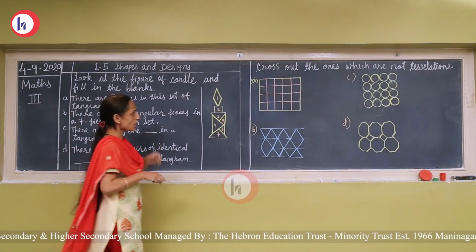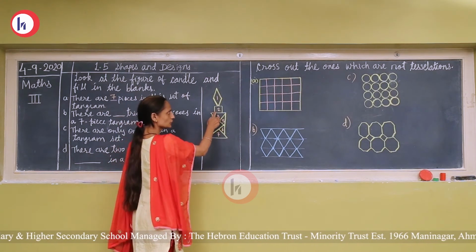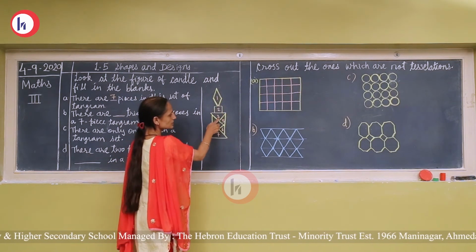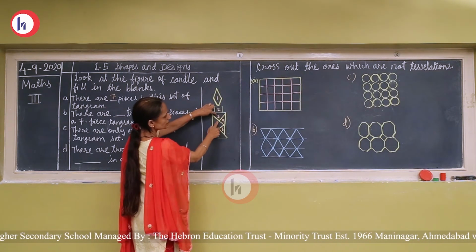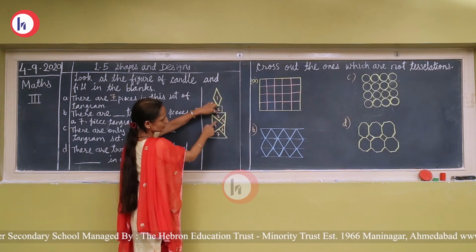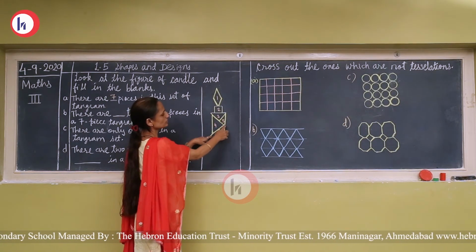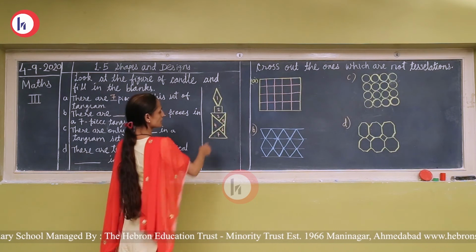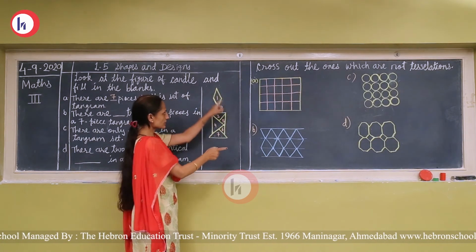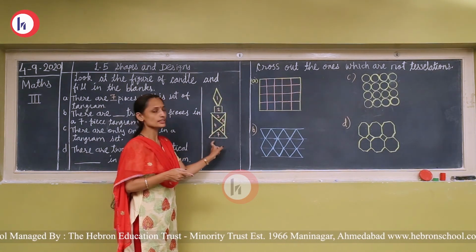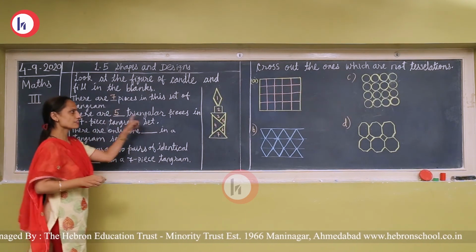Next, there are dash triangular pieces in a 7 pieces 10 gram set. Triangular means triangle. How many triangles are used? See, here different shapes are used. This is a triangle. No, this is a triangle. No. This is a triangle? Yes. Means one triangle, then this is a triangle? Yes. This is also a triangle, and this is also a triangle. Means how many triangles are used? 1, 2, 3, 4, 5. Means in this picture, 5 triangles are used. So our answer is 5 triangles.